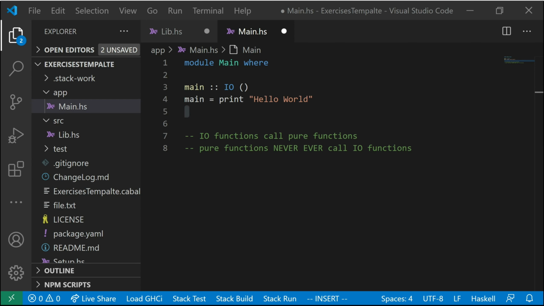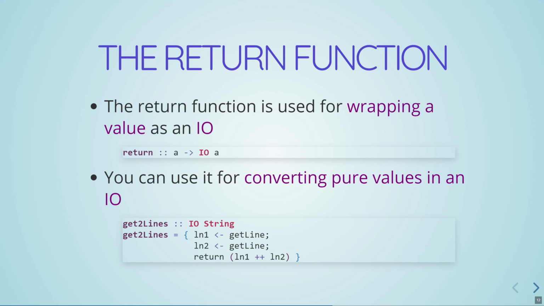A lot of newer languages are half functional and half imperative. They encourage you to make as many functions as possible pure, and then sometimes you just have impure functions. But Haskell has gone way out of its way, and it's interesting to learn about I/O in Haskell, just to learn how it was able to make everything pure, or at least stuff all of the functions with side effects into one segregated spot this way. So we can never take an IO a and just return an a in a function, but we can go